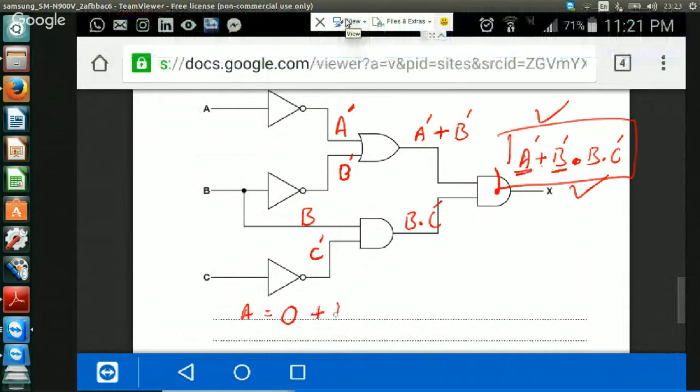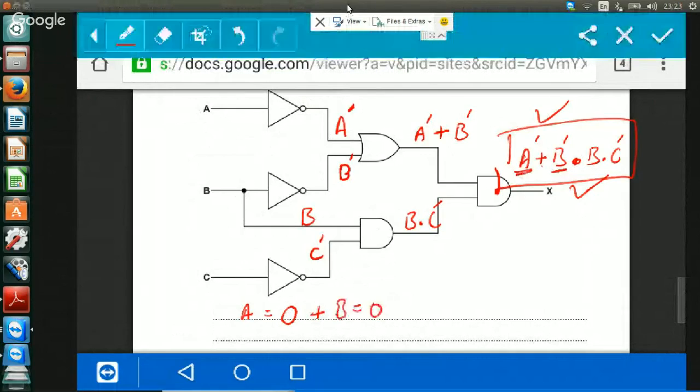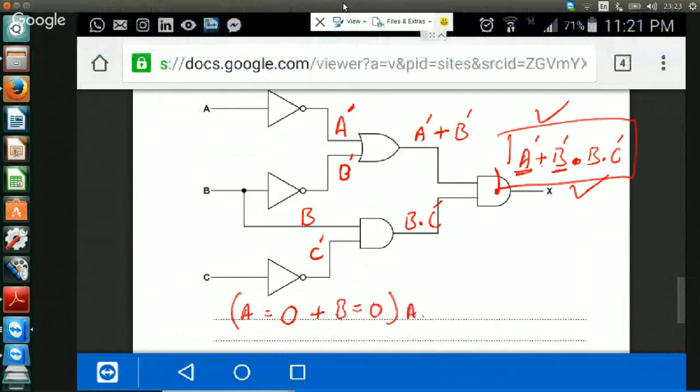B is equal to 0. Okay, done. This dot means AND gate. All right, just like we have done this dot AND gate like this. So now first reset